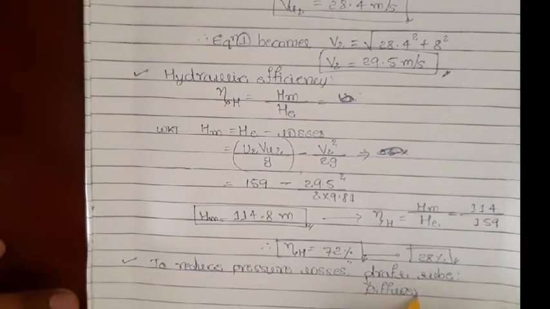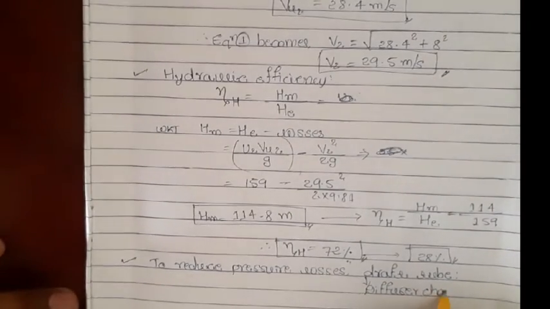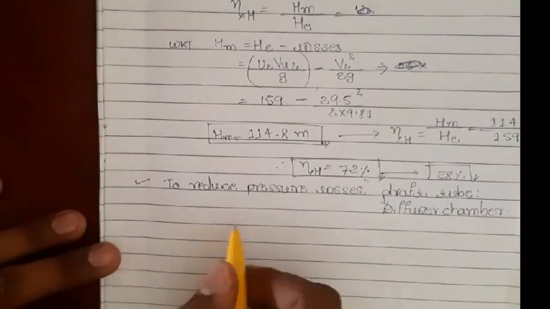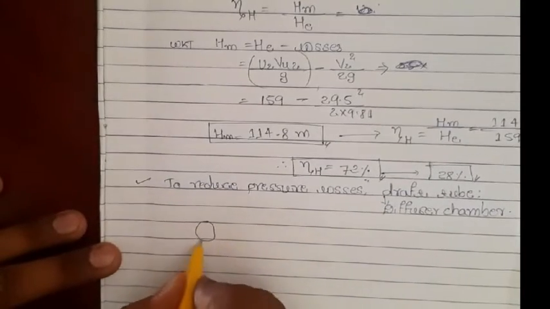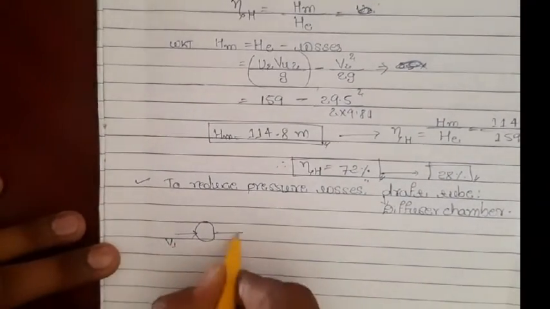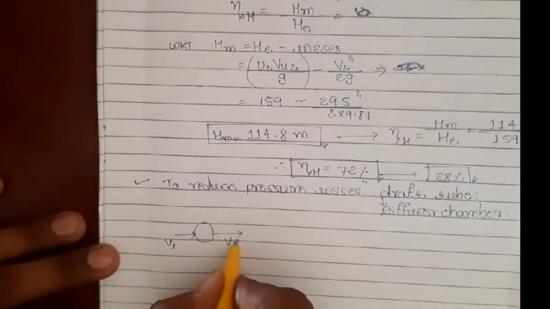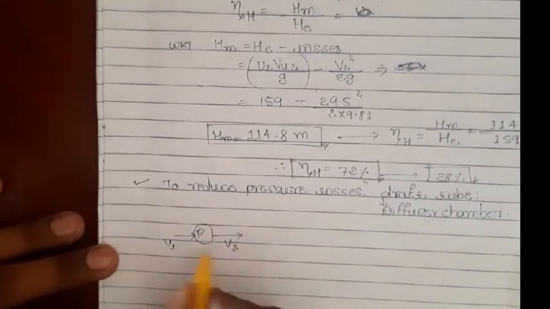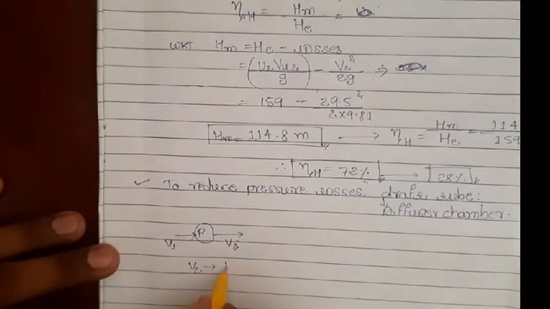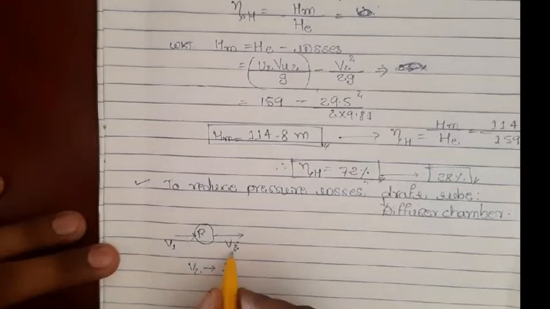Now let us see if there is any change that happens because we set the diffuser chamber at the very outlet. Okay, so let me show you this with a figure. If this is your centrifugal pump, what is the entry velocity? It is V1. What is the exit velocity? It is V2, right? For the maximum efficiency of this pump or any turbo machine, V2 has to be as minimum as possible. If it is maximum, then there are losses.